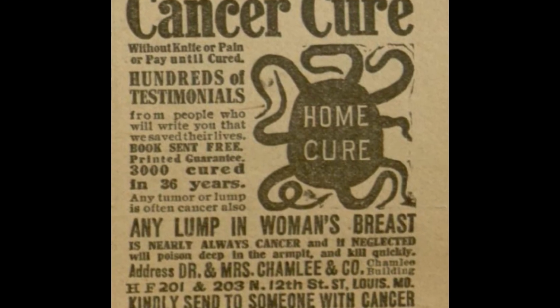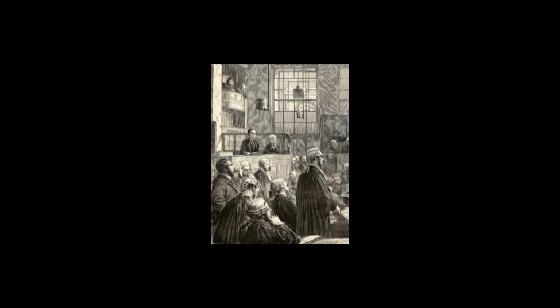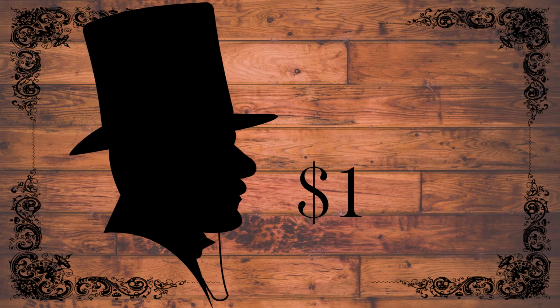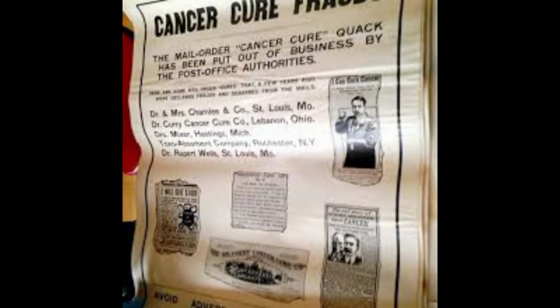However, Chamley was undaunted by this development and continued to operate his hospital. Adjusting his ad and letter campaign to comply wasn't difficult, and patients continued to flock to his hospital. Chamley made money hand over fist, so when he was taken to court, he could afford to buy the best legal representation available. His legal team made use of loopholes and obscure laws, and astonishingly, Chamley escaped criminal charges until April of 1917. He was fined $100 and given a suspended sentence of 100 days in the city jail for practicing without a license. Finally, later that year, Chamley and several other quack doctors were taken down, at last, with